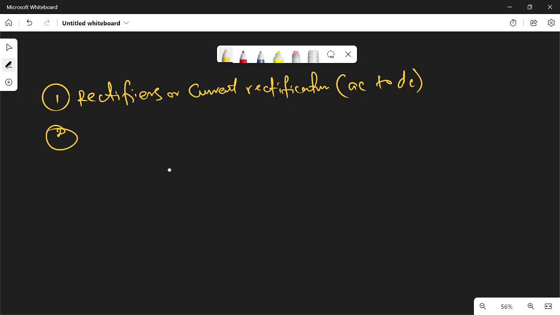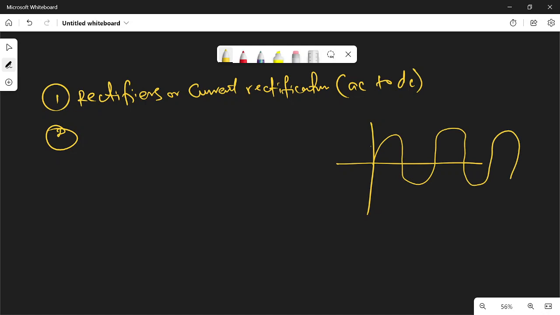So it's only going to help you to convert it to a half wave. Let me just show you what I'm trying to say so that you understand better. This is how the current flows for an AC current. AC current flows like this. That is alternating current. So when you use a diode, it is going to help you to convert it to half wave. So this is still not okay. Are you getting it now?